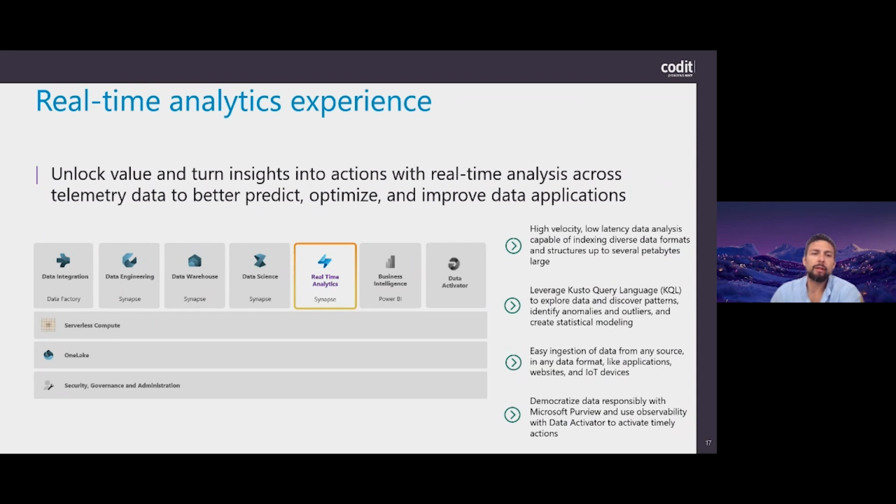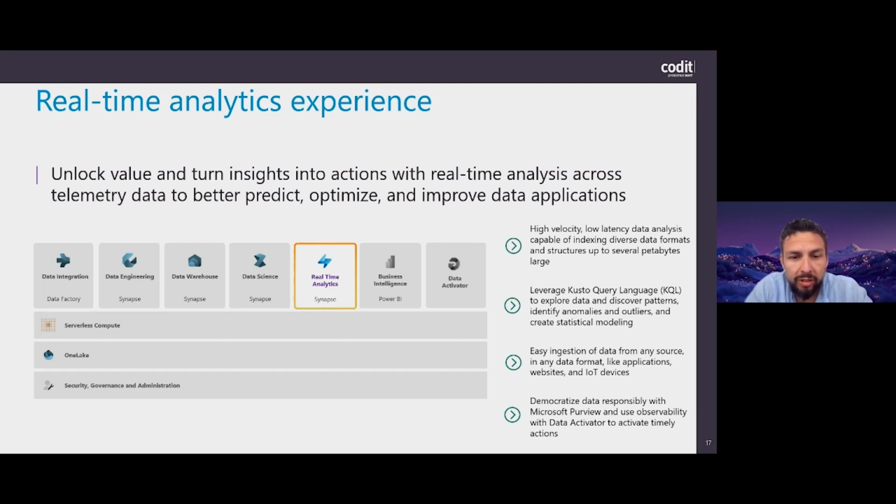Next one is real-time analytics. Everything I have currently told you was mostly on batch data, or data that you process from time to time, but there are also use cases where you may want real-time analytics, meaning you want the data to be ingested in real time and then also evaluated and ready for querying in a dashboard in near real time, let's say. Here we are partially using the Synapse/Azure Data Explorer functionality,